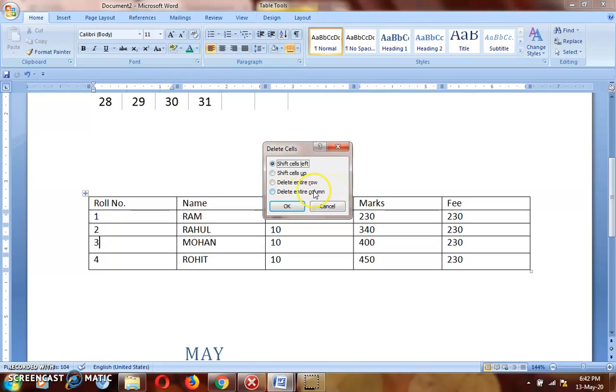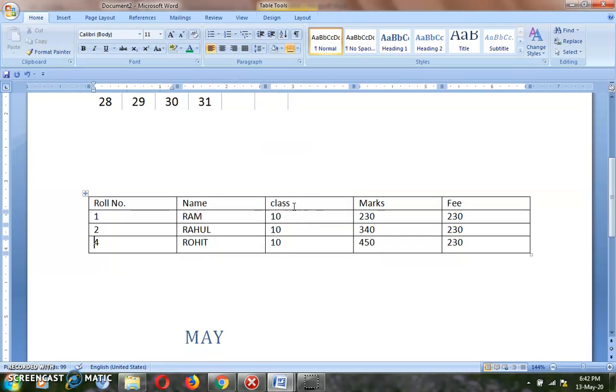If we want to delete the entire row, then select the delete entire row option, then OK, and see here